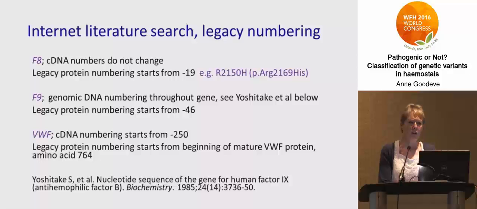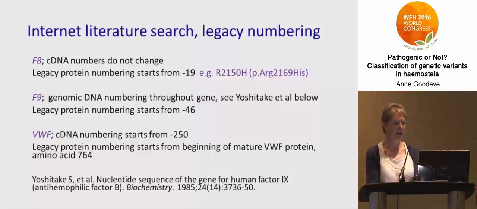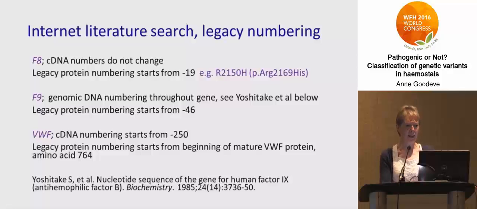So as well as looking at current nomenclature, where we use the Human Genome Variation Society nomenclature, there's older nomenclature from when the genes were first sequenced. And if you're looking for the variant and can't find it using current nomenclature, you could go back to the previous nomenclature, and for each of these three common genes that we look at, factor 8, factor 9 and von Willebrand factor, there are numbers that differ for legacy nomenclature. So for factor 8, the cDNA numbers stayed the same, but the protein started from -19 because many proteins used to be